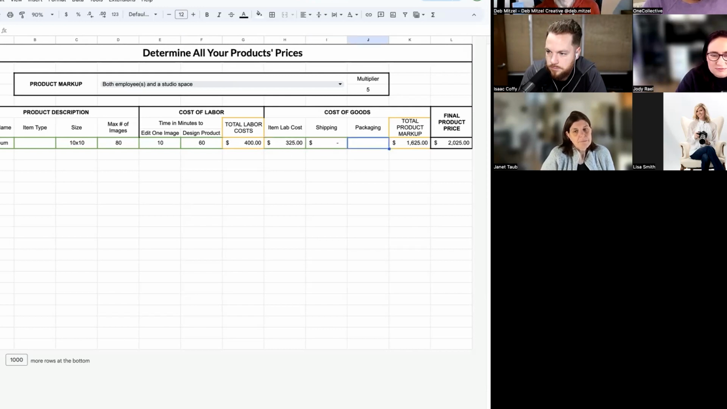Shipping again is 0. Our packaging, we do a custom album, boutique album, and then we repackage it in our own branding as well. And so the album bag as well as the packaging comes in at about a total of $40. So our product markup comes in at